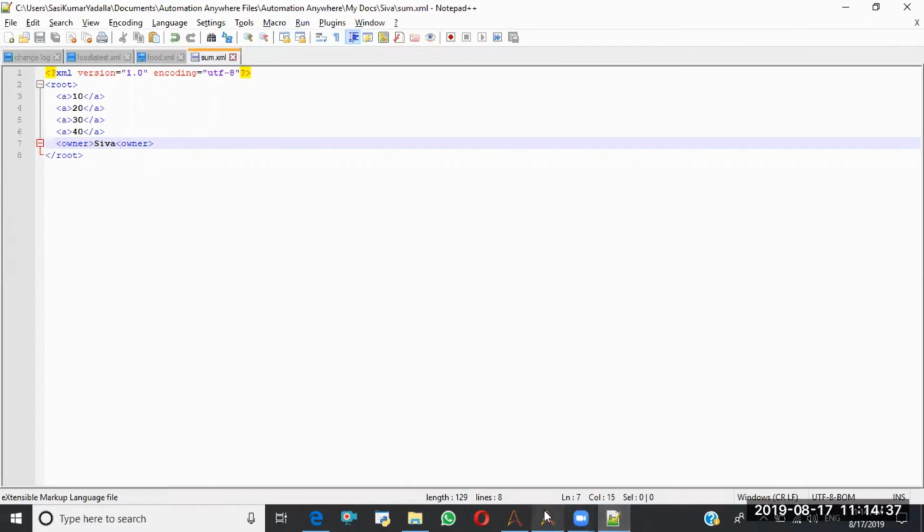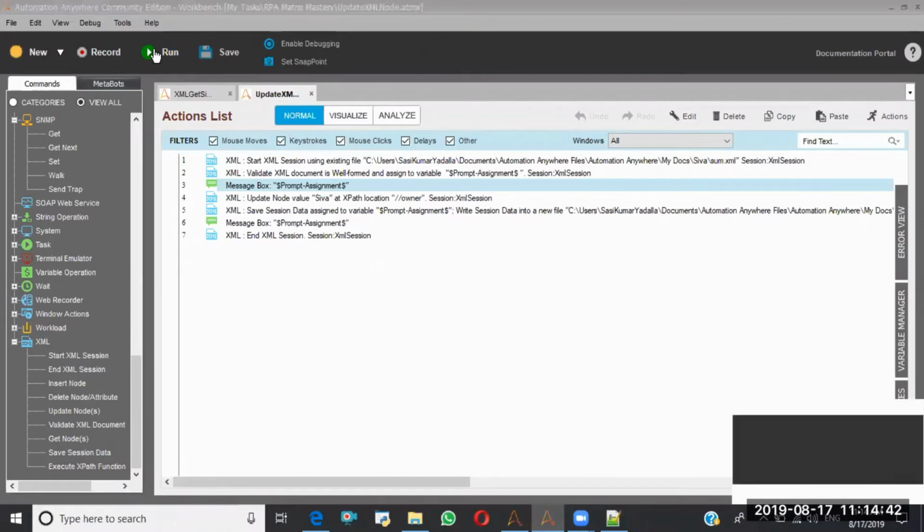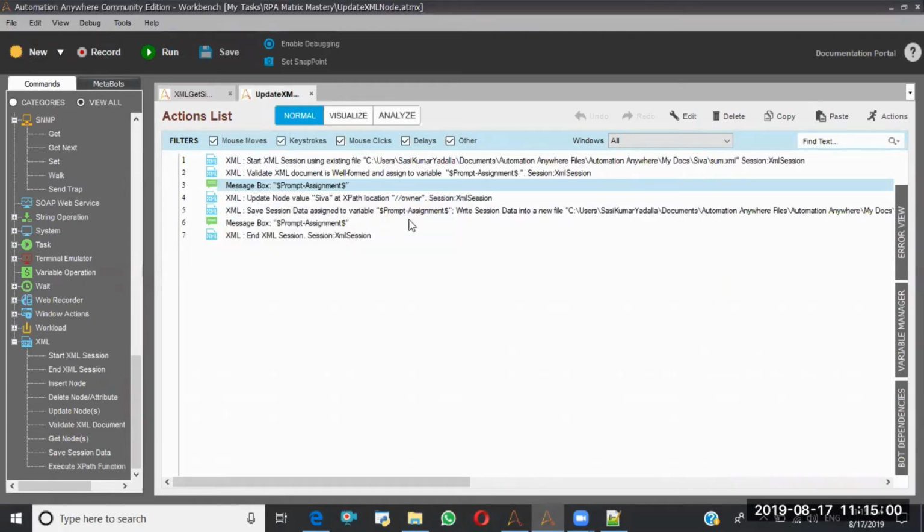Now again I'm going to execute this file. See, it is giving the error in line number 1 itself. Some kinds of errors are there which are not caught by the first command.